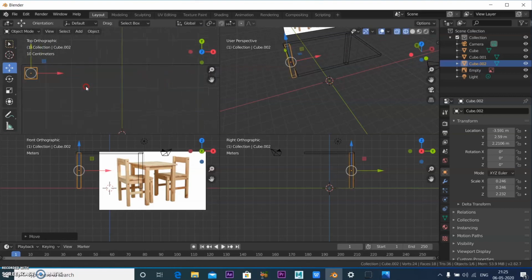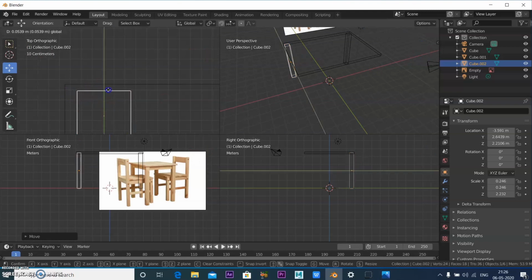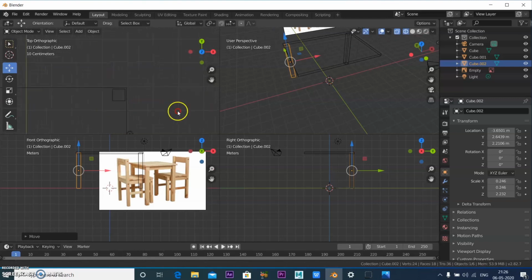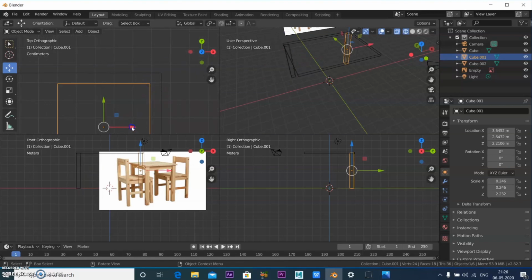Okay, so I'll keep the leg on the other side. Now I can see, if you want to zoom in and check, suppose you want to keep it exactly in these boxes, you can place it in this box. So it is aligned properly. For this also, just zoom in. This is the box you want to align it to, so just align to this box.